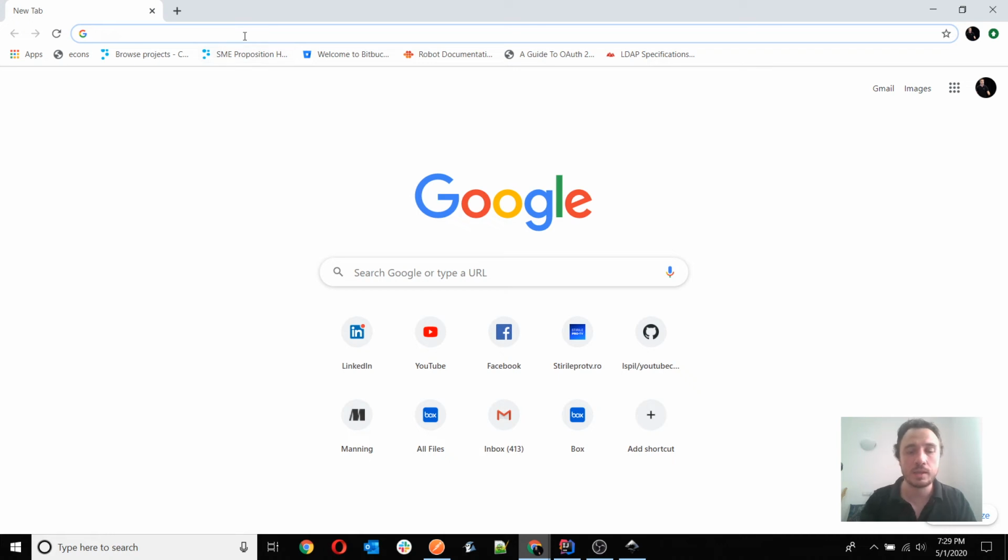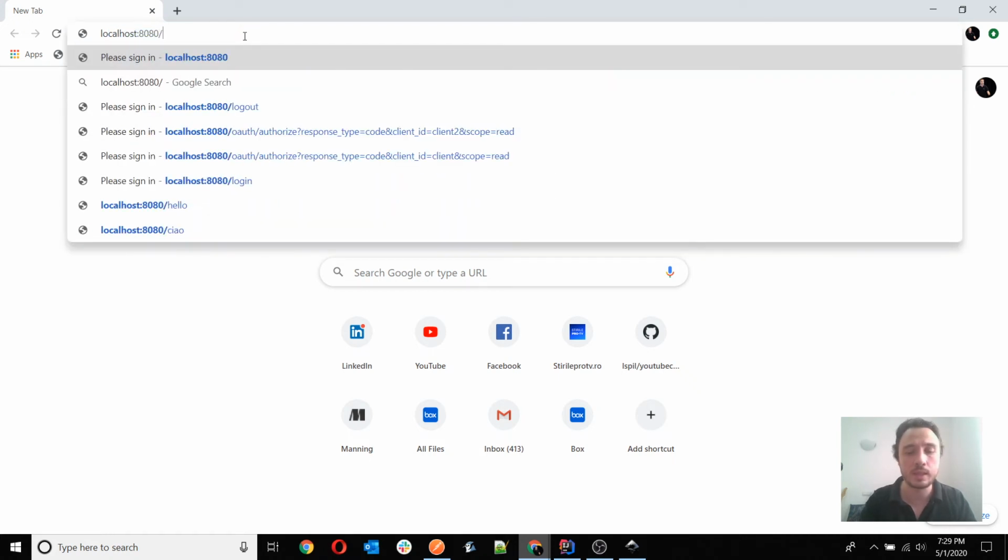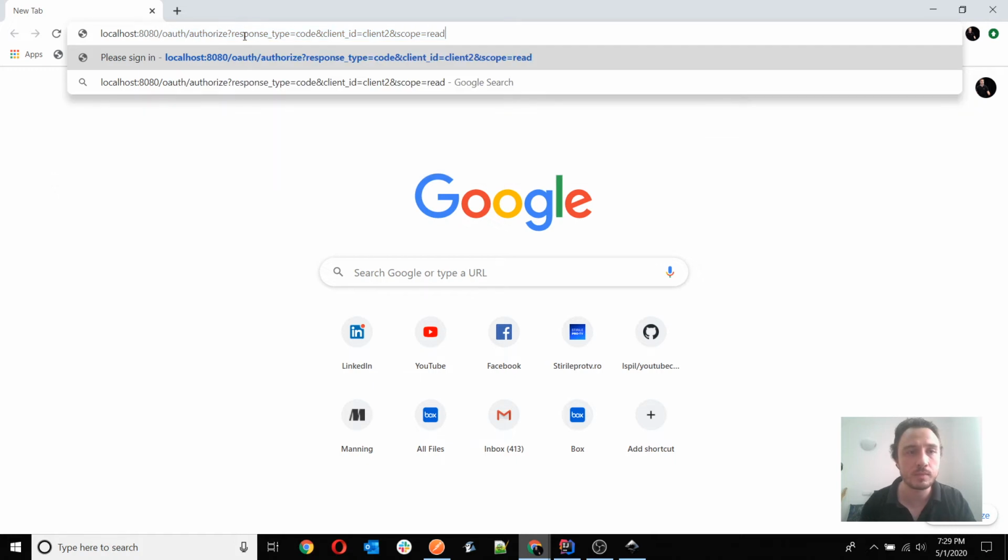So I'm going here, and my authorization server is on port 8080. Then I have oauth/authorize. Let's see what I need to say here. This remained from our previous lesson, lesson 11, in the history of my browser, but I will repeat what I've added here. So this is the endpoint to where the client would redirect me, and the first parameter you see here is the response type code. This enables the authorization server to know that I want to do this with the authorization code flow,